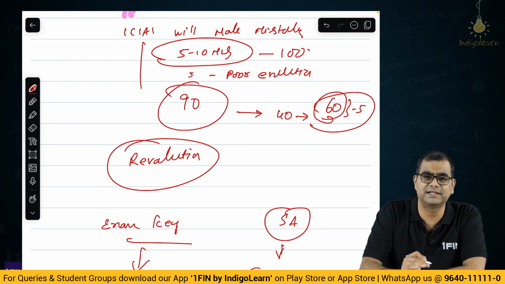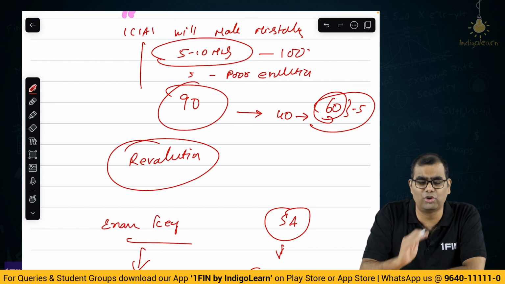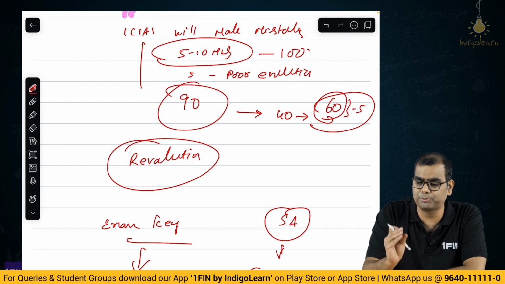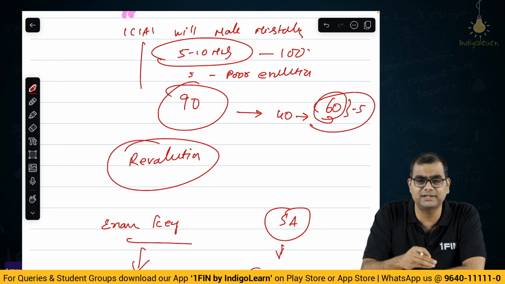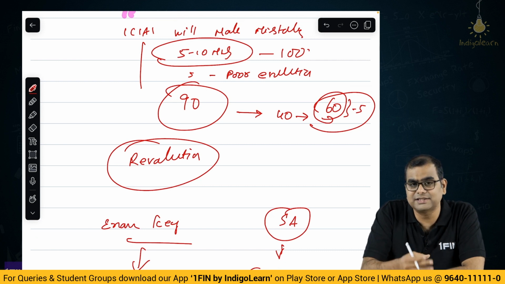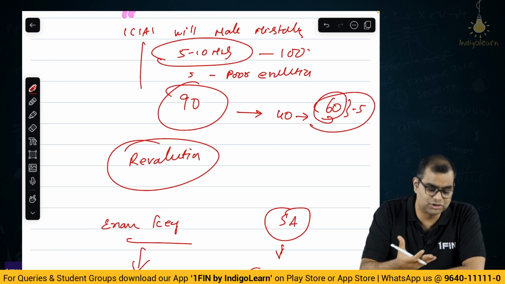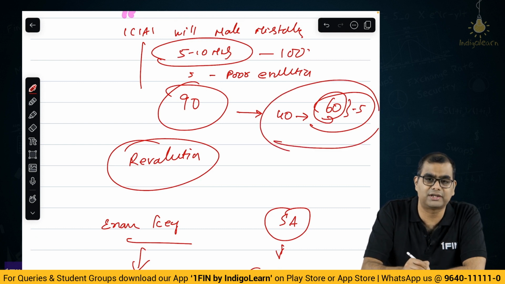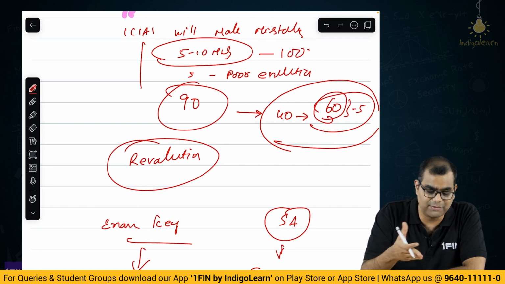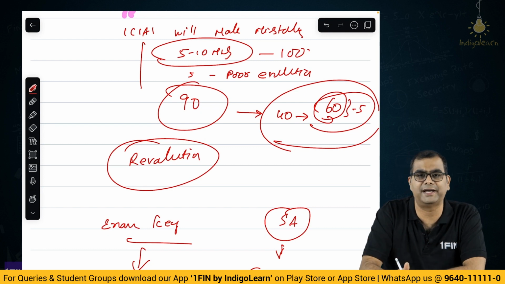The reason why I am telling is students have become so negative. They choose to blame one single small thing. I won't say it is very small, but this is not the entire question paper, boss. There are so many other questions also. And please don't go into this negative mode ki ICAI is waste, their evaluation is waste. You have to pass the exam, no? It is about you passing the exam rather than blaming ICAI.